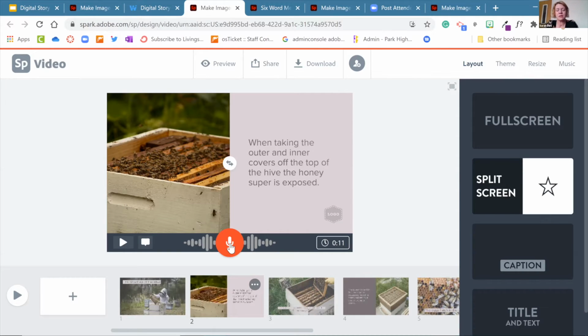Oh, I can just wing this. But it was taking more time to just wing it than it was to write the script and then read off of the script. And you can see your options as you're adding on the side here. These are the different things that you can go through. So it is definitely a video of slides, but it does give you kind of the option of